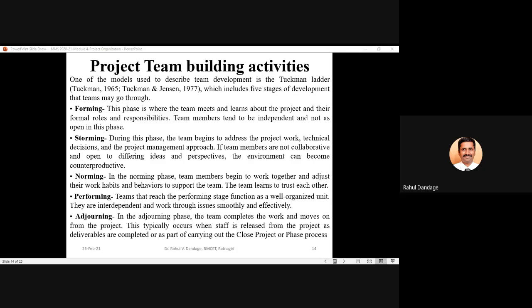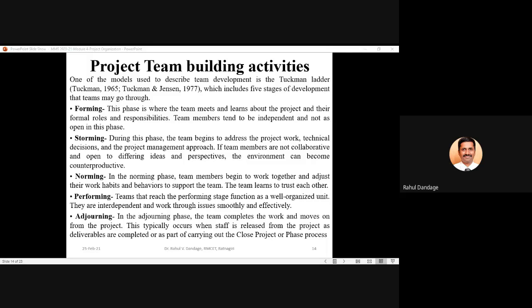So in this particular phase, the project team will complete the work. It is not like before the task is completed, people will start leaving. Adjourning means the project team has completed the assigned work and now they are moving on from the project. So they may be moving to their parent organization, they may be moving to some other project, they may be